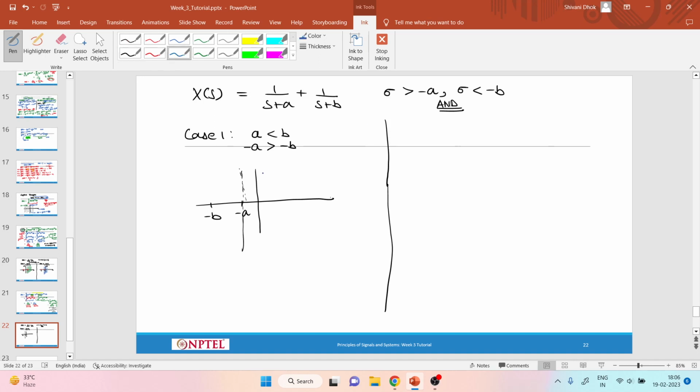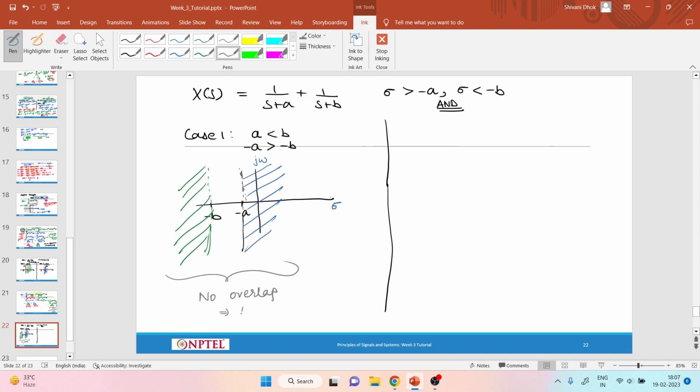What the first condition says is that your sigma should be greater than minus a. That is this region. This is your sigma, this is your j omega. And your second condition says that your sigma should be less than minus b, that is this region. There is no overlap. There is no value of sigma that will simultaneously satisfy these equations. So in this situation, the Laplace transform is not existing. At this situation, we are having no overlap,